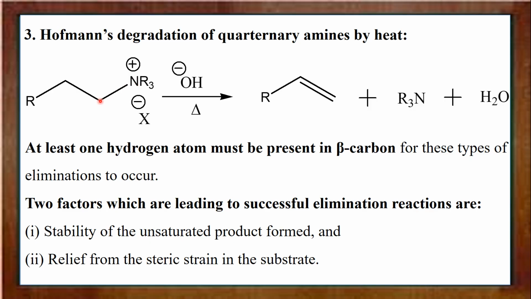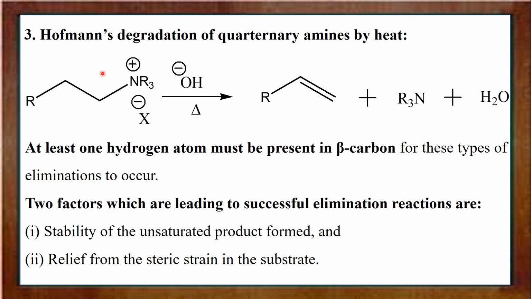This is the alpha carbon, and the next carbon is the beta carbon. The beta carbon should have at least one hydrogen. Only then are beta eliminations possible. So when we heat this quaternary ammonium salt, a base removes a proton from the beta carbon. The resulting negative charge makes a double bond here, pushing the tertiary amine out,